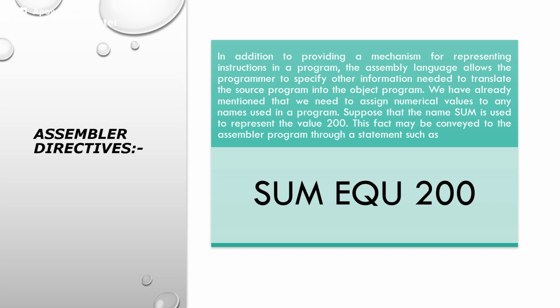Next we'll take assembler directives. An assembler is system software which translates the program written in assembly language into a sequence of zeros and ones called machine language. So what is the meaning of machine language? Machine language means the entire program is represented in terms of patterns of zeros and ones. The assembler is system software which translates the written program into a machine level language program. The assembler is stored in the memory of the computer.